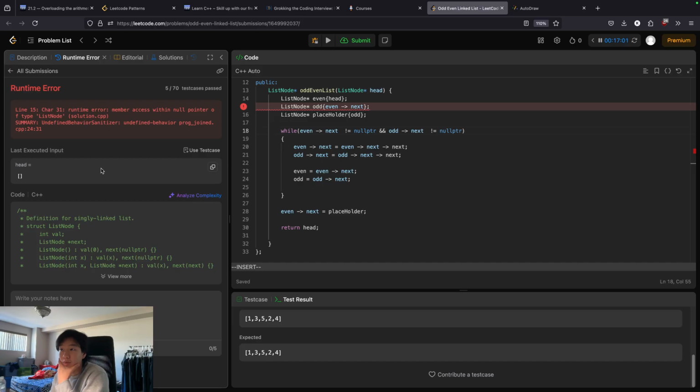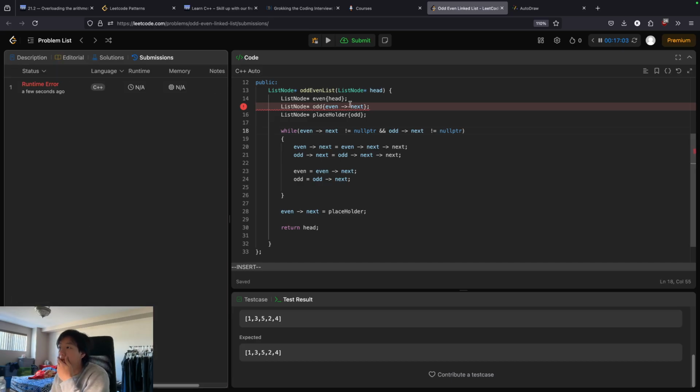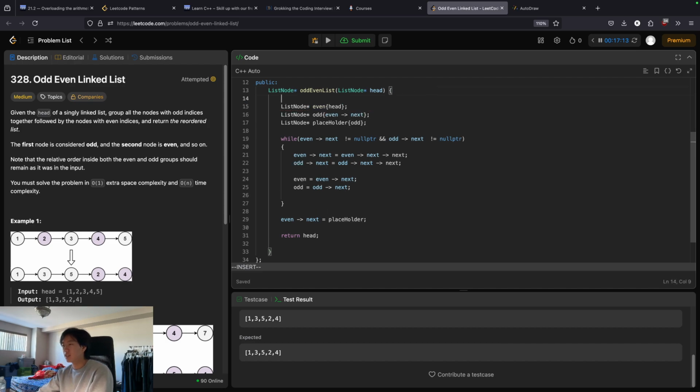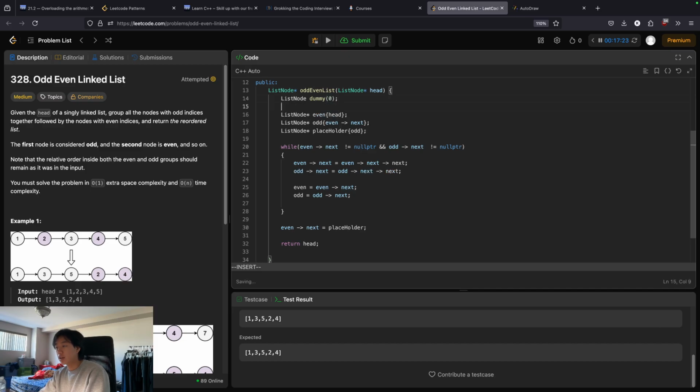And this is why people use a dummy node, because the dummy node will prevent this. So the thing is, I don't actually know how to do the dummy one properly. This node will equal 0. So we create a new list node. Okay. And because we create a new list node, what can we do now? Because we create a new list node, dummy, and